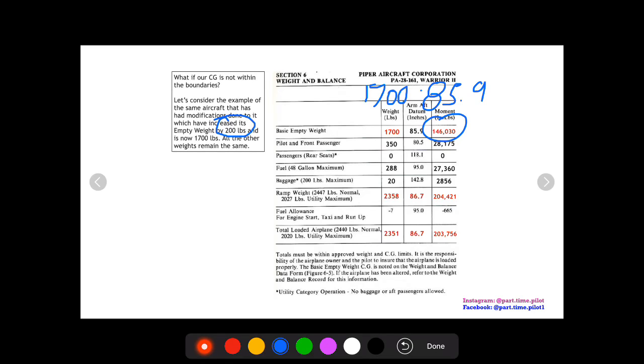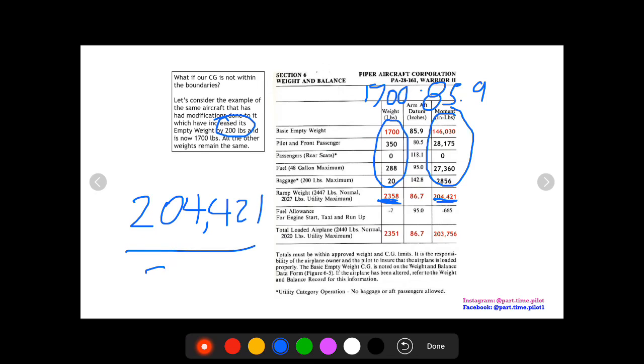146,030. Now that we have a new empty weight, we have to get a new ramp weight by summing up all these here to get 2,358. As well, we have to do the same for the moment, add up all the moments to get the total ramp moment, which is 204,421. Then to get our arm for our ramp, we take our moment divided by our weight, and that gets us